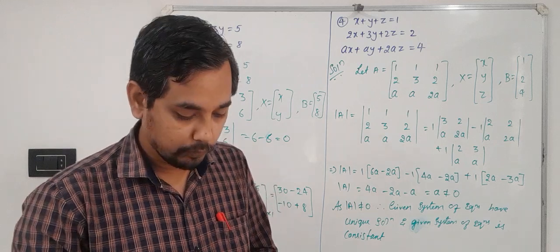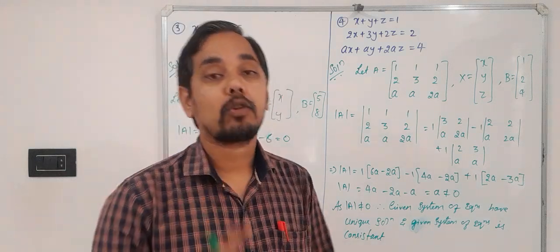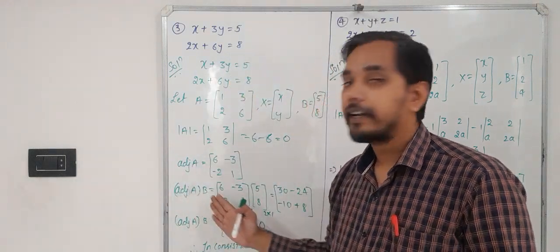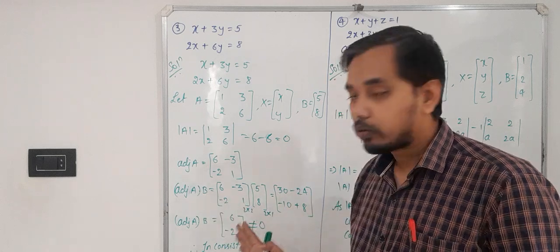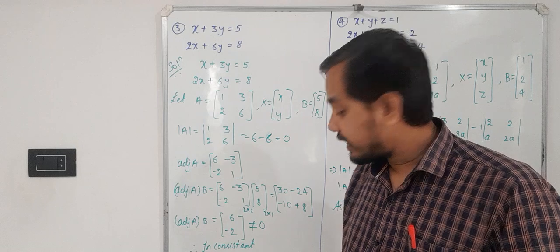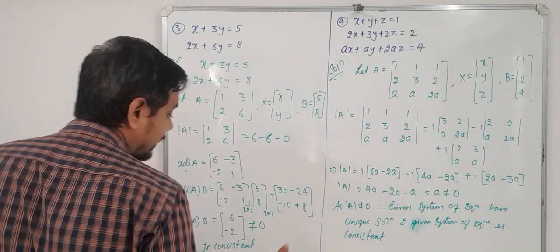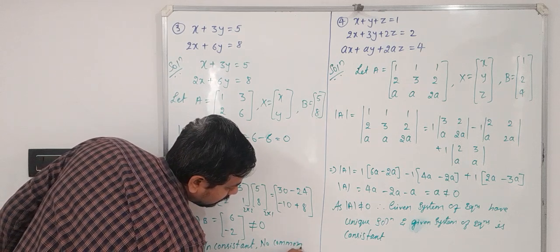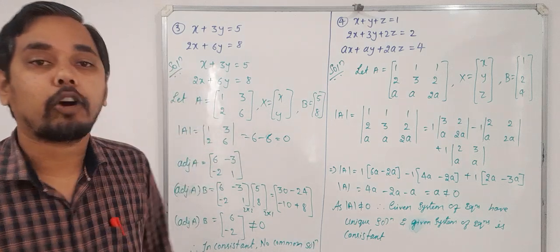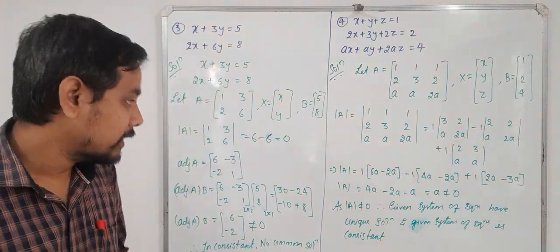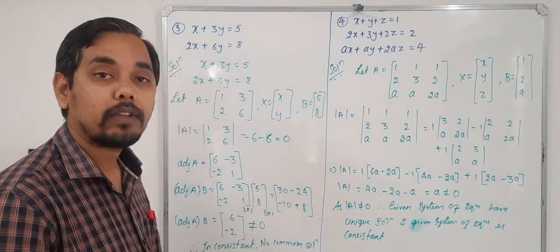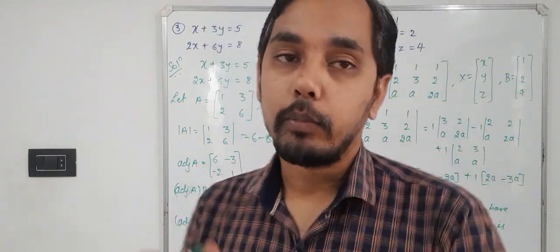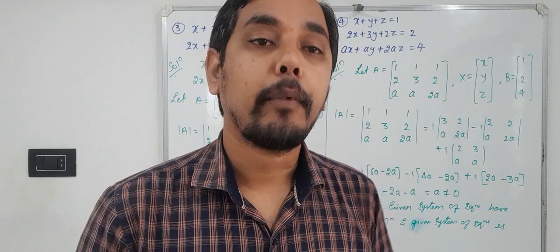Okay, so this is how we need to find. First, you find the determinant A value. If it is not equal to 0, directly you can write it as a consistent system. If it is equal to 0, then check adjoint A into B. If adjoint A into B is not equal to 0, directly you can write it as inconsistent. And when the system is inconsistent, you can also comment that it is not having any common solution. And if it is equal to 0, then you cannot comment anything about the consistency of the system. So this is how you need to proceed here. So now take a moment, pause the video and make a note of this.